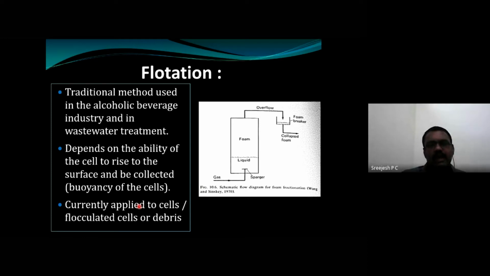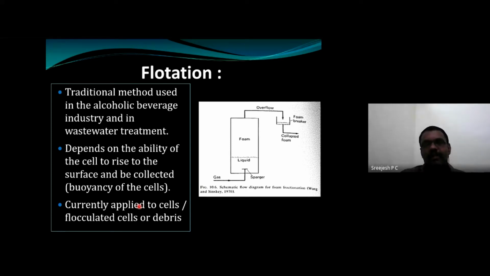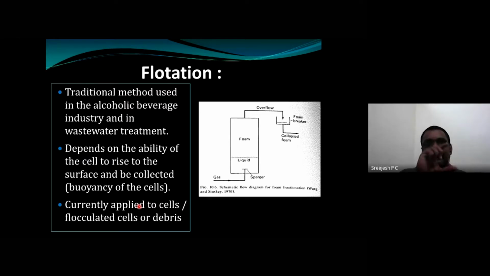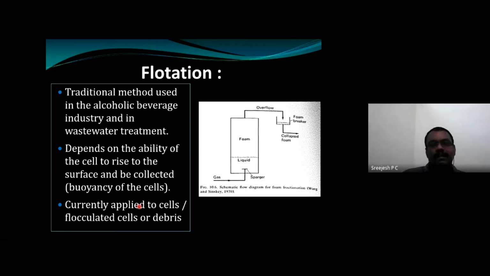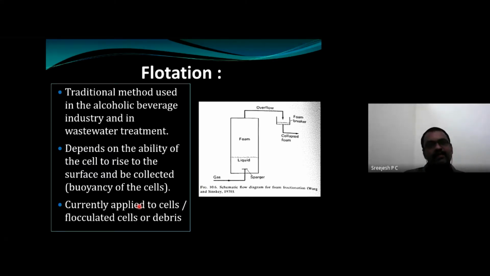Maybe you might have seen, especially when you prepare juice in a mixer and keep it in the fridge, that there is a separation into two layers. In the bottom part there will be sedimentation, and at the top you will get a clarified juice. Similarly, that technique was used in wine production also. And another alternative technique is the flotation.